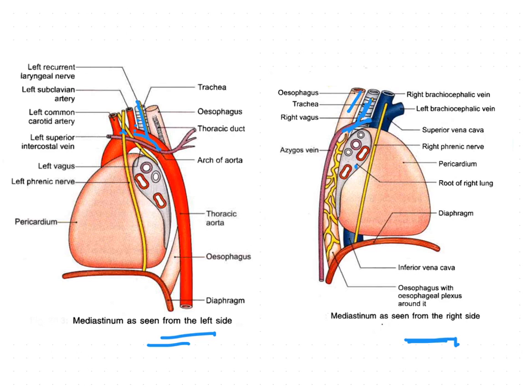The lymphatic drainage is by the lymph nodes called pretracheal lymph nodes, that means the lymph nodes present in front of the trachea, and paratracheal nodes, which are present on either side of the trachea. I have already mentioned these tracheal nodes when we were dealing with the lungs. So this is about the blood supply, venous drainage and lymphatic drainage.